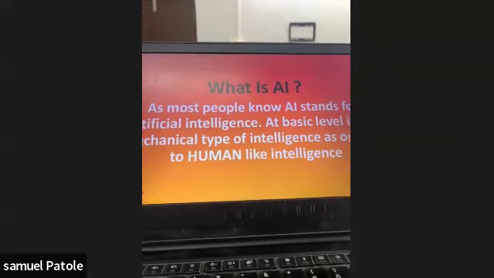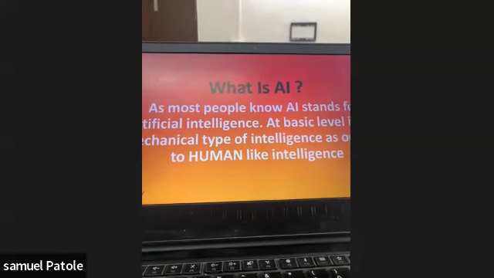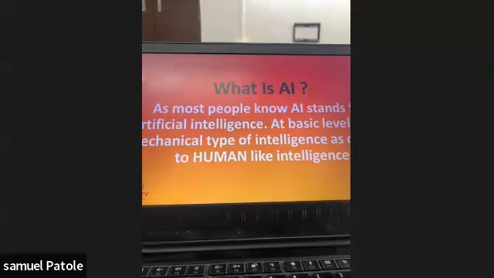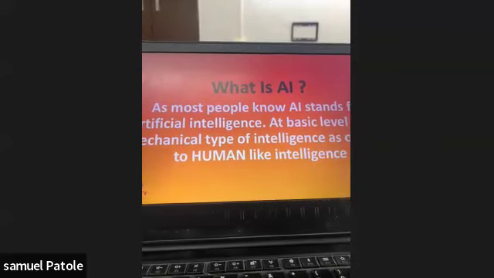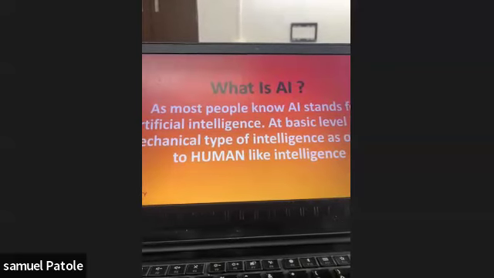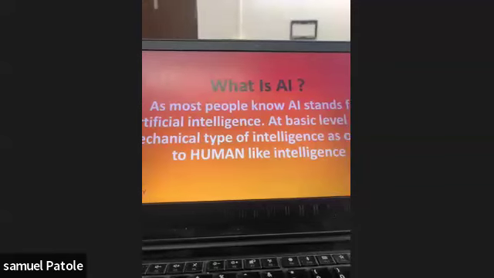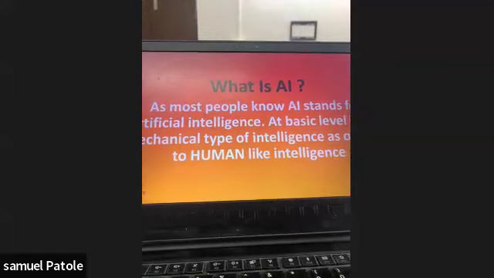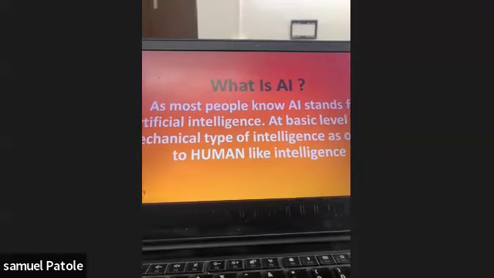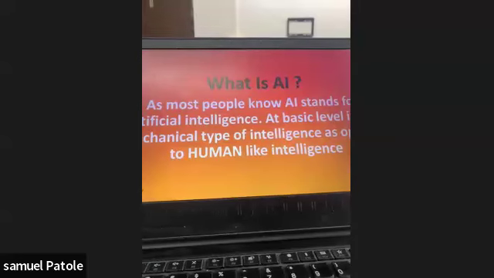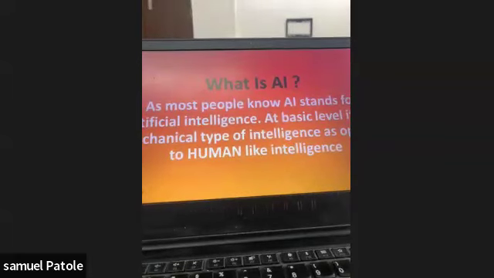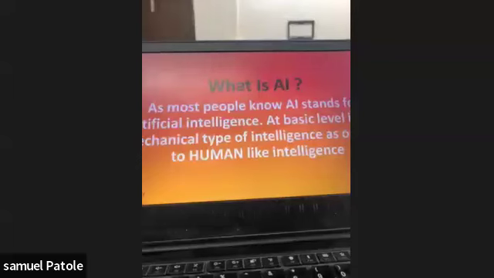Basically, human intelligence is where we learn by experience, whereas mechanical type of intelligence is that you program something. Okay. So like we humans learn from our experience, we also need to provide some data to the machine to learn. Say, for example, if I want to check the market trend, see how my share market is going, I have to give the previous data of the market